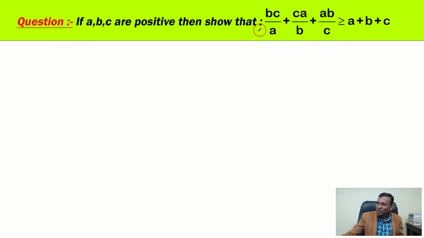So in this problem, A, B, C are positive numbers, and we have to prove that BC by A plus CA by B plus AB by C is greater than or equal to A plus B plus C. So how to solve? Let us see. Since A is greater than 0, B is greater than 0, C is greater than 0, therefore root over BC by A